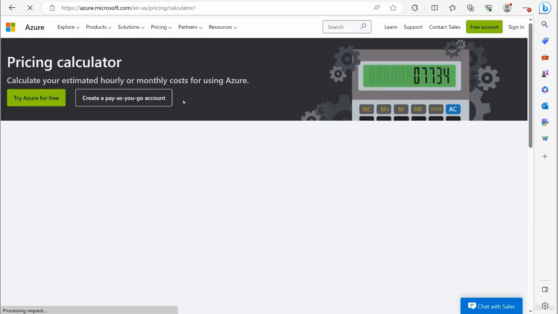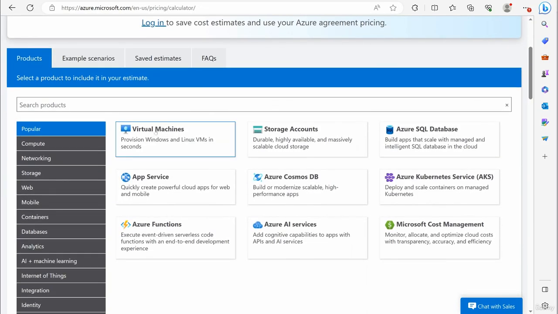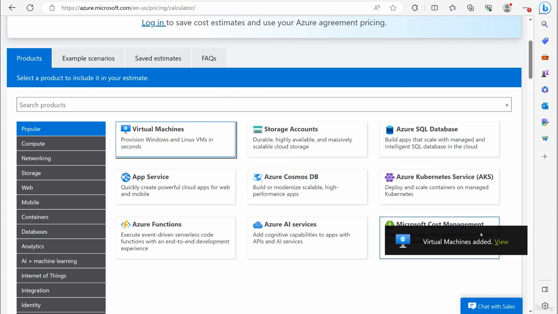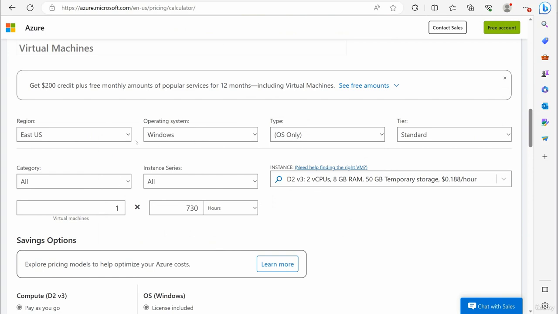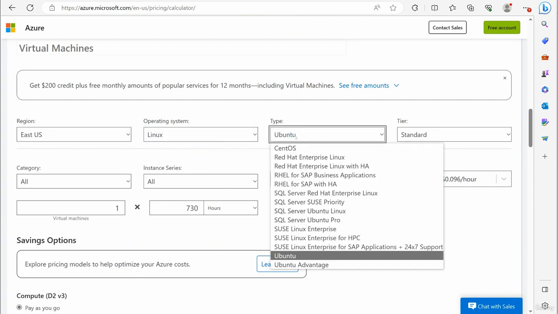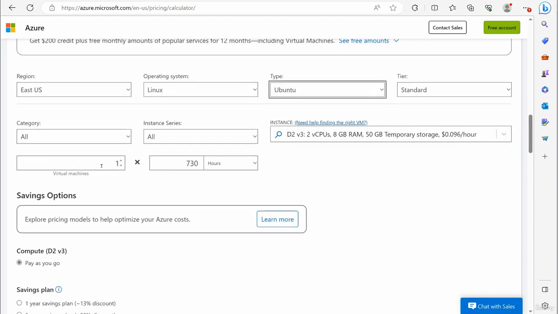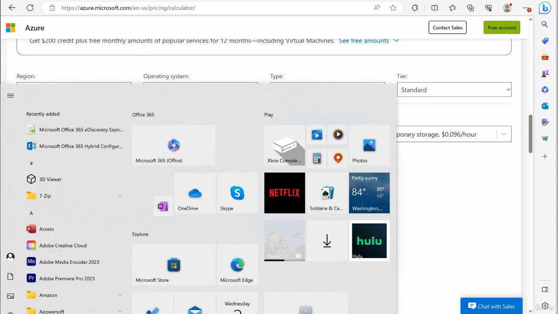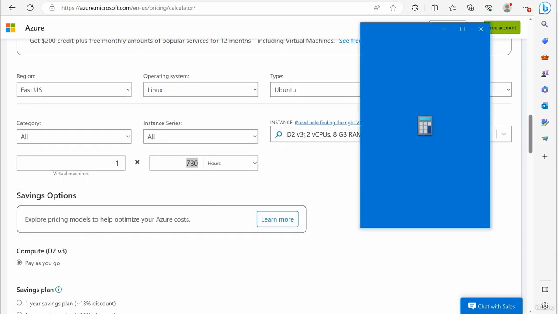You can go to this pricing calculator, and you can add stuff in like a virtual machine and specify how powerful the virtual machine is going to be, and you can get an idea of what that might cost on a per month basis. So again, if I was thinking about a web server, here's an example: East US. Let's use Linux. Maybe it's going to be Ubuntu Linux web server, one virtual machine. This is how many hours we're going to use it. All right. And again, if you're thinking in terms of that, we just go here. We say,